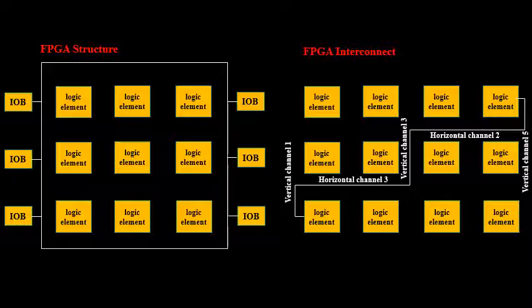So as you are seeing these two diagrams in this particular slide, the left hand side of the diagram is going to represent the FPGA structure, which I will be calling a generic structure of an FPGA fabric, which I am going to make use of. So this is the FPGA general structure, and on the right hand side you can see one of the main elements contributing to an FPGA structure, which is nothing but an interconnect. So this we'll be discussing in detail. Before starting with the concept of FPGA interconnect, let me start explaining the FPGA structure.